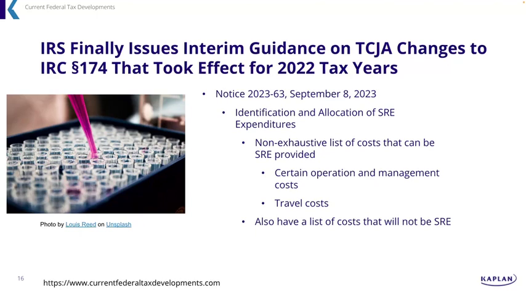Well, that also makes sense. And finally, the list of costs that we find in Section 174, or Reg 1.174-2(a)(6), essentially tells us that the following are never considered to be SREs: ordinary testing or inspection of materials or products for quality control, efficiency surveys, management studies, consumer surveys, advertising or promotion, acquisition of somebody else's patent, model, production, or process, or research in connection with literary, historical, or similar projects.